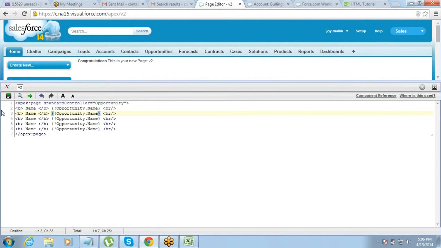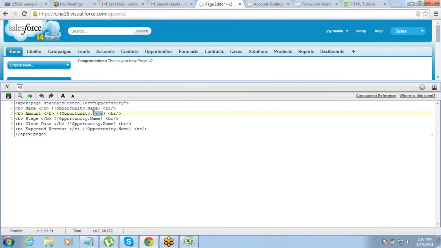So for this, what should it be? Okay, I'll just give you the labels. You will have to tell me the expressions. Stage, close date, and expected revenue. Okay, tell me, so what should I put here?